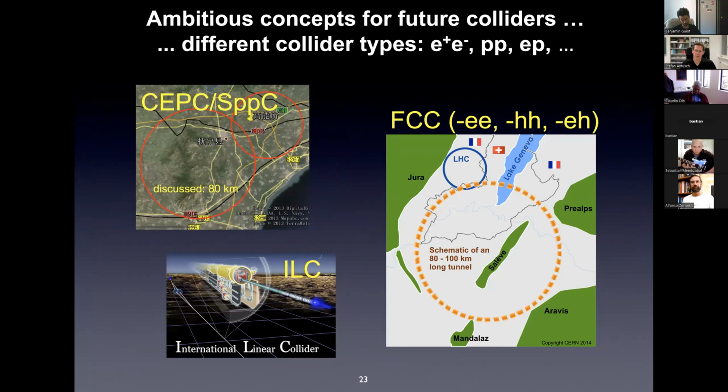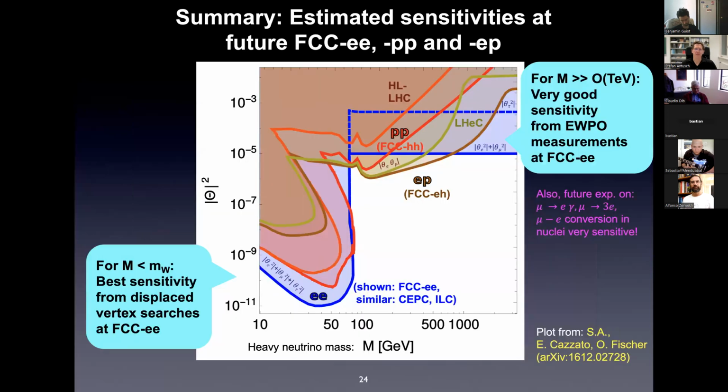And indeed, one can probe HNLs much further in the parameter space than is possible at the moment. For the discussion, I will focus on the FCC-ee sensitivities, but of course one can also discuss them for the other proposed colliders. So at the FCC-ee, with these 3 versions or 3 modes, the e+ e-, proton-proton, and electron-proton, they have different benefits for different ranges of masses, as I will now discuss. So in particular, the best sensitivities